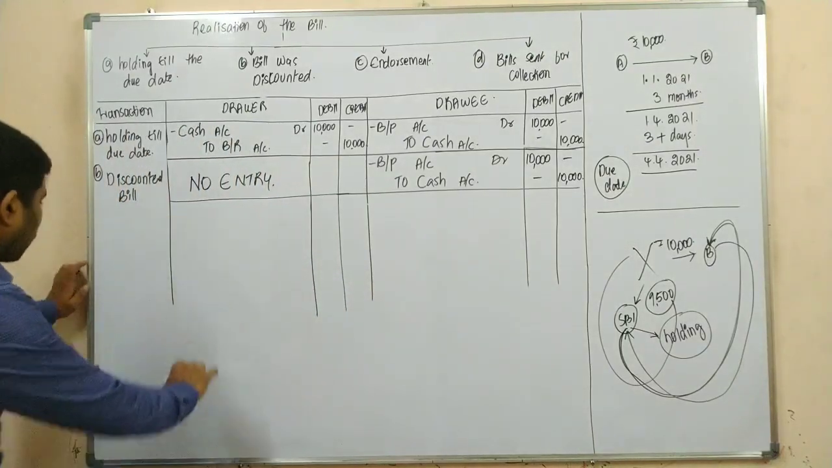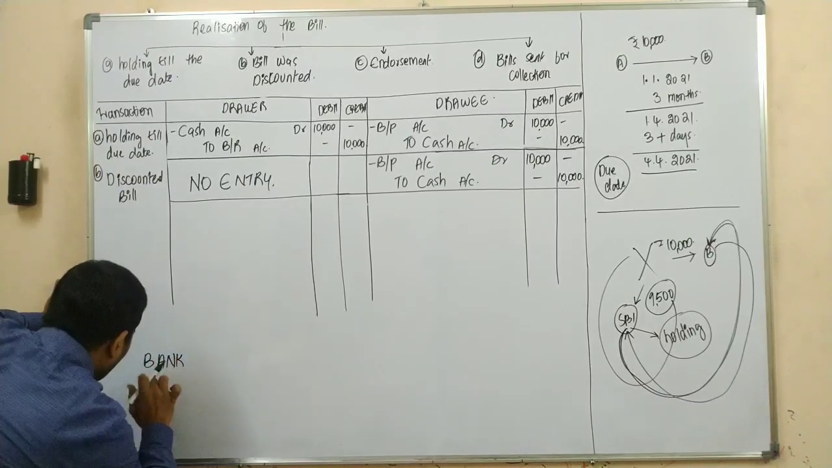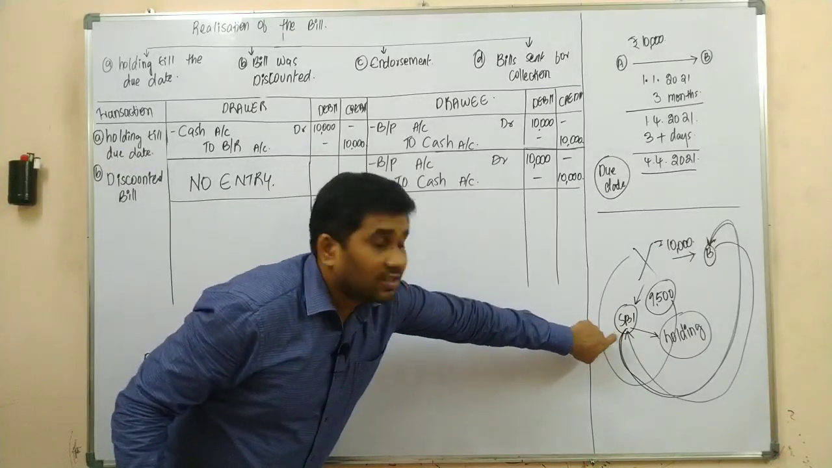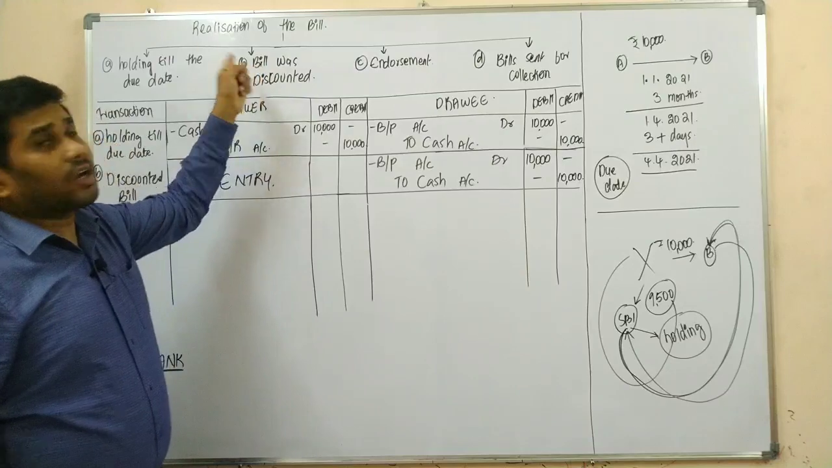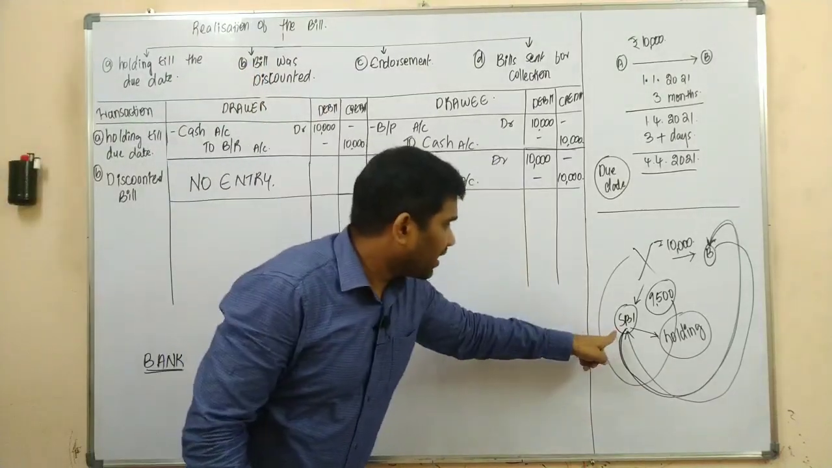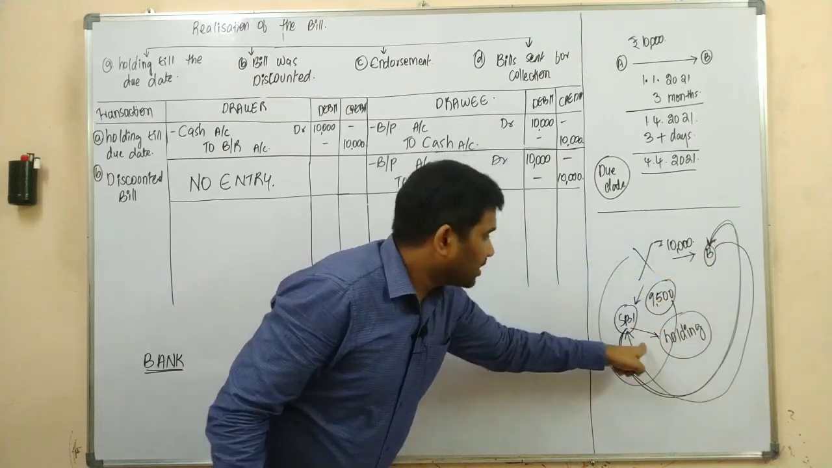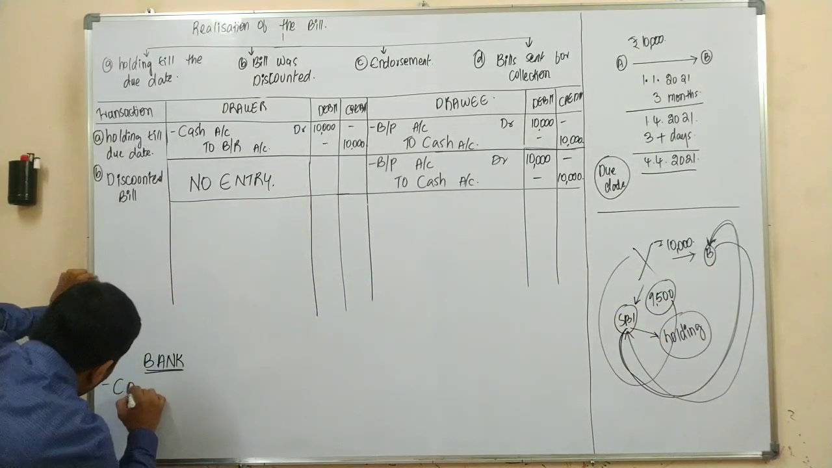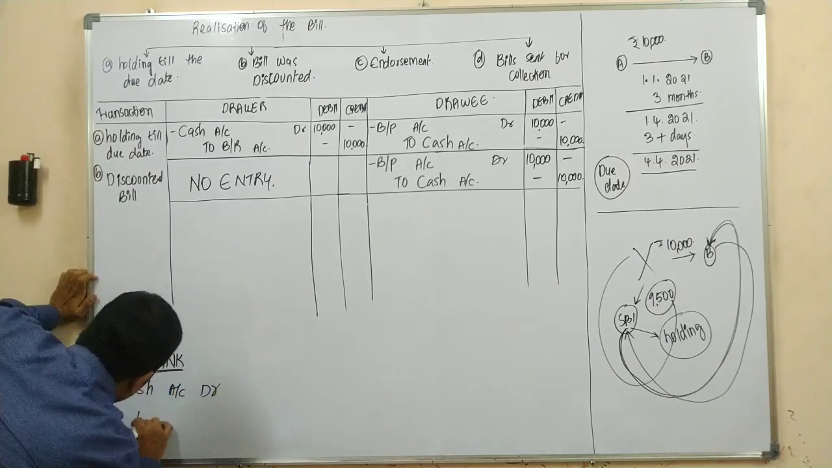Now, what is the journal entry in the books of the bank upon realization of a bill which was already discounted? So now on the due date, SBI is receiving money from Mr. B on this bill, yes or no? So what is the journal entry? As SBI is receiving money, the journal entry would be cash account debit